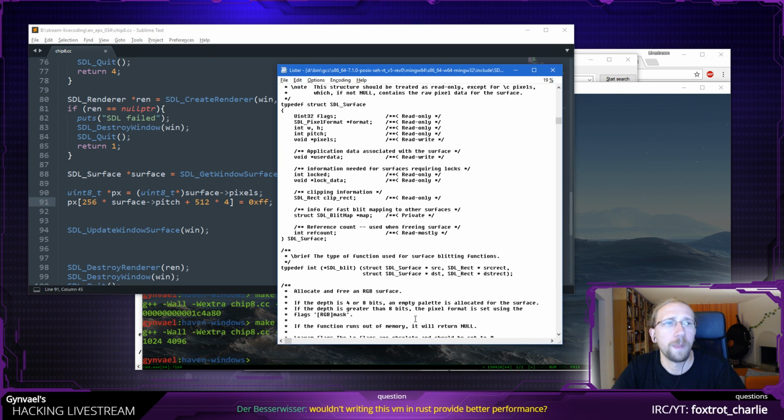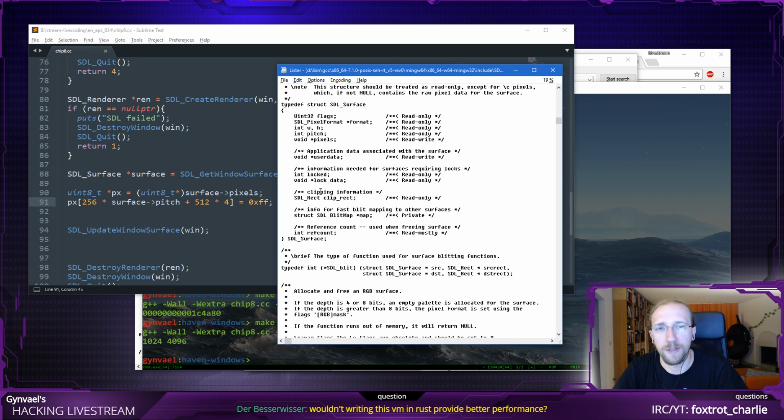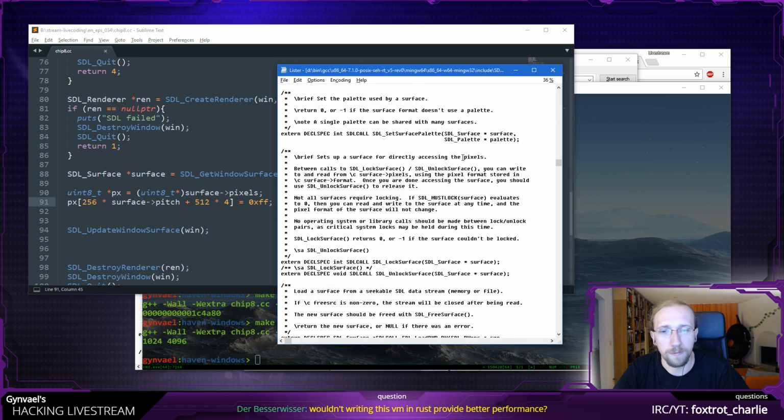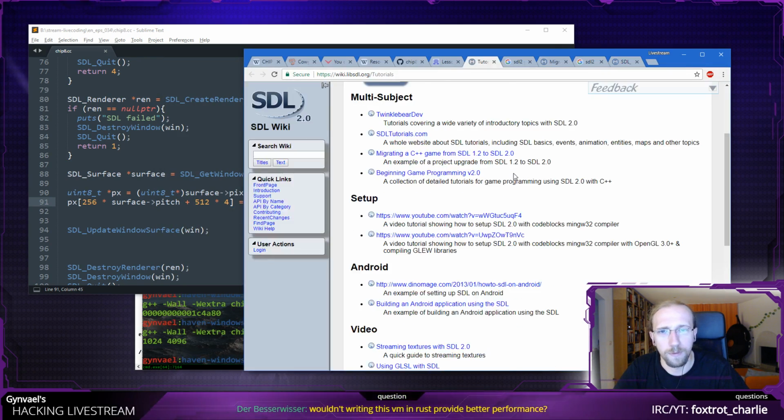Obviously one of the alpha bytes is not used in any way. I don't know what the mask is either. I don't know if the first byte is the red pixel, is it a blue pixel, or is it the alpha pixel. I'm going to find out soon enough. And I also need to create the event loop. So can I copy some code from the tutorial? That would be useful.